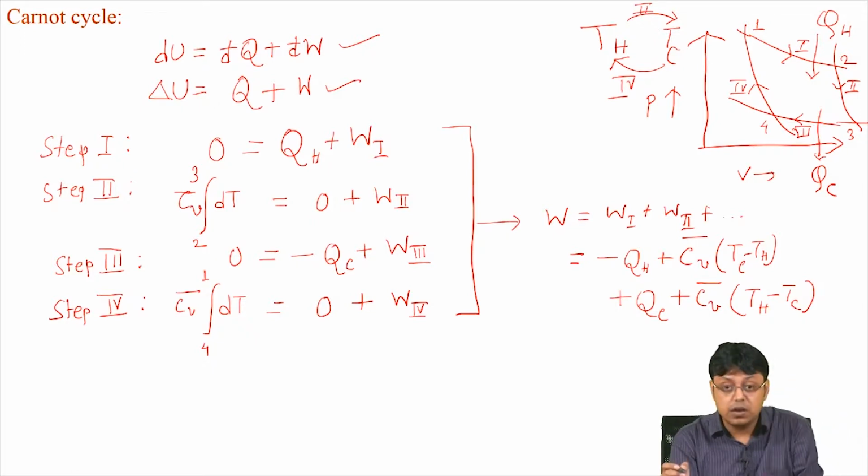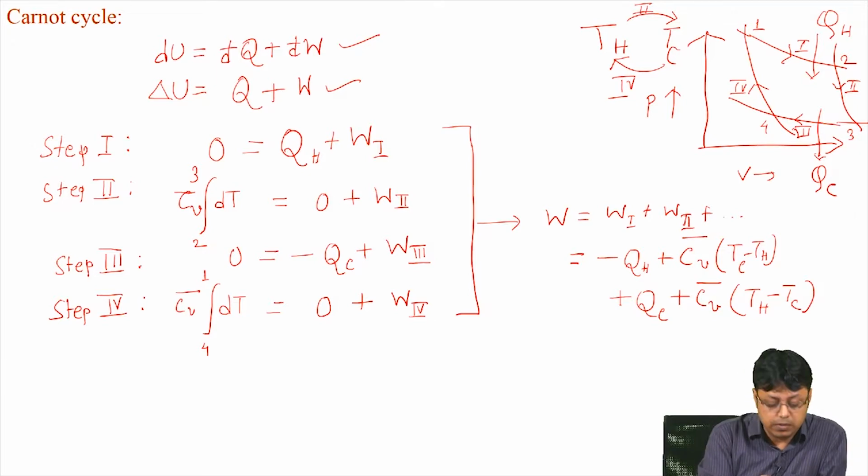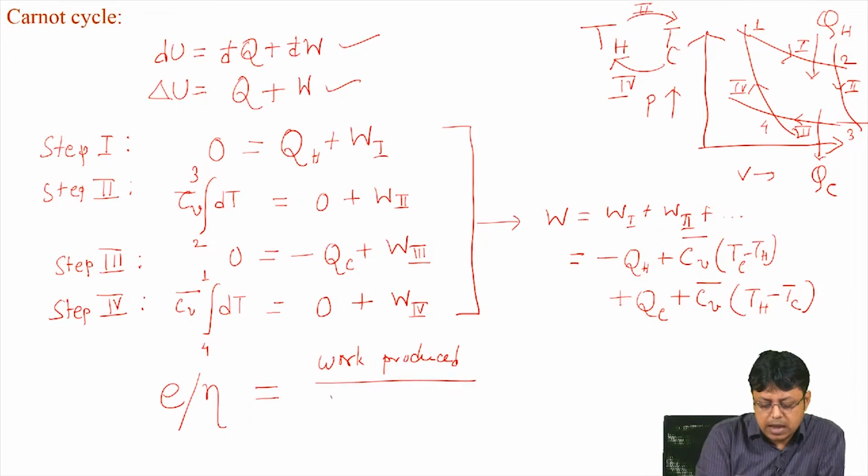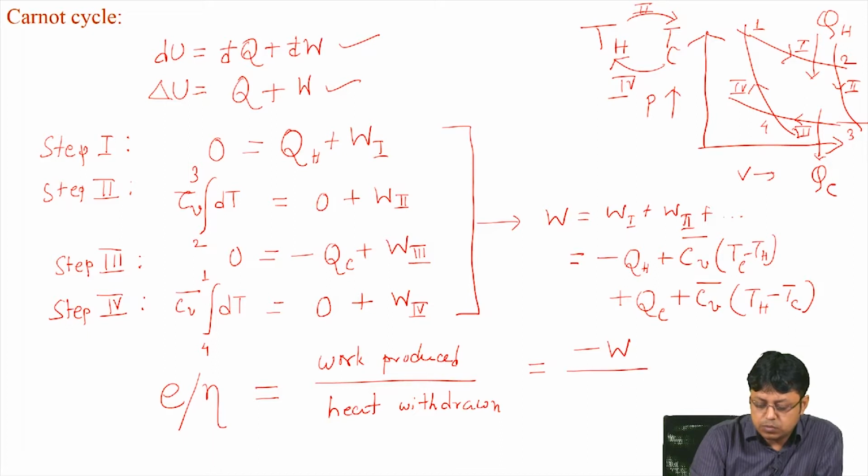Now, the efficiency of a heat engine is defined in the following way. It is denoted sometimes as E, or some textbooks write it as eta, and it is how much work is produced in the process and how much heat has been withdrawn in the process. Now, remember, the work produced in this case I will write as minus W, because it is work produced by the system, and the heat withdrawn in this case is QH, because it withdrew the heat only in the